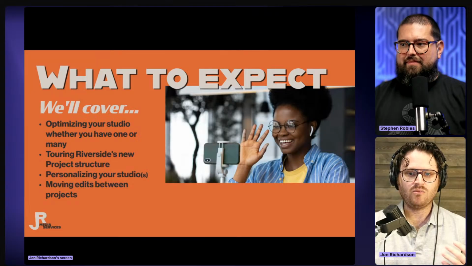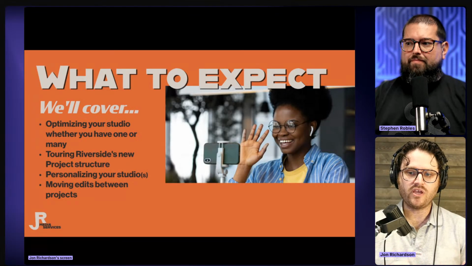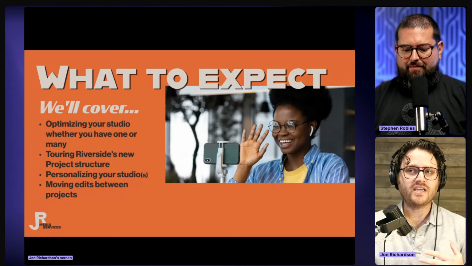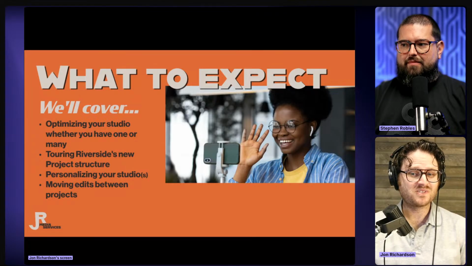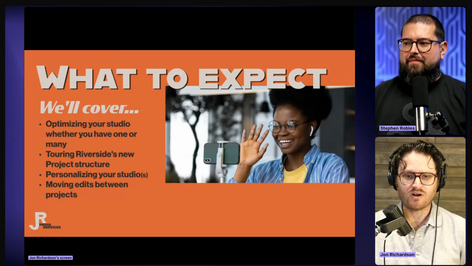And so what we're going to cover today is really getting to know your studio, whether you have one studio or multiple studios, and understanding that there are pros and cons to keeping things in one studio versus multiple studios. We're going to take a look at the project structure a little bit more than what Stephen just did.